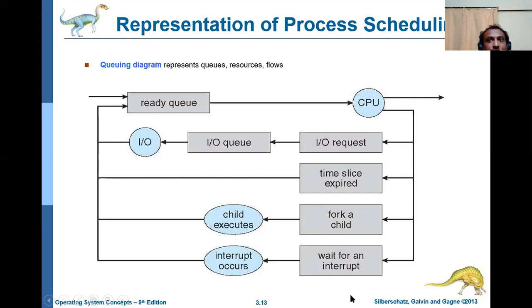We also have one more thing called interrupt, which we have seen in the process states. Whatever happens, if it comes to an input output request, it goes to the input output queue and from there again to the ready queue. If it comes to a time slice, from there it goes to the ready queue. Pocket child, from there also it goes to the ready queue. So whatever it may be, it goes once again to the ready queue. Only if it is successfully executed will it be terminated. Clear? This is what is called the queueing diagram.